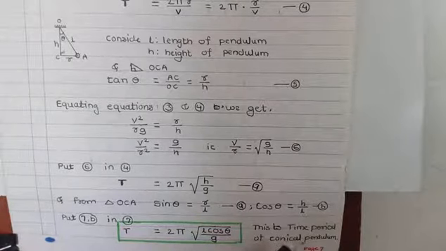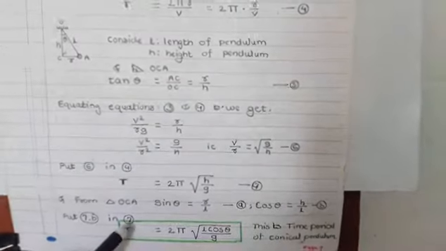This is an expression for the time period of conical pendulum. Now see again this formula. Time period of conical